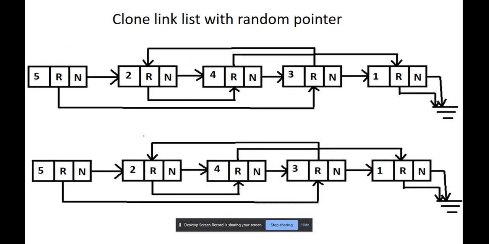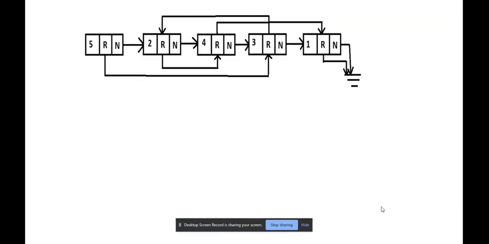And so here the question ends, and I highly recommend you try the question before diving into the solution. Actually, this question is my personal favorite, that's why I'm making a video on it. Coming to the solution, the basic problem is assigning the random pointer. The next pointer doesn't create that much trouble, but the random pointer does. So we can use a trick to assign the random pointer.